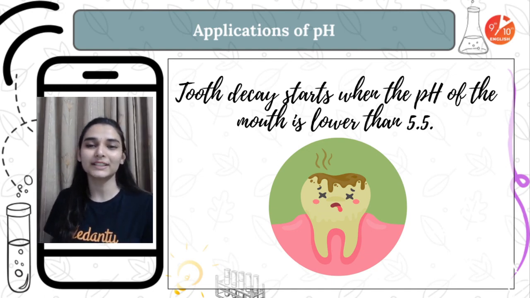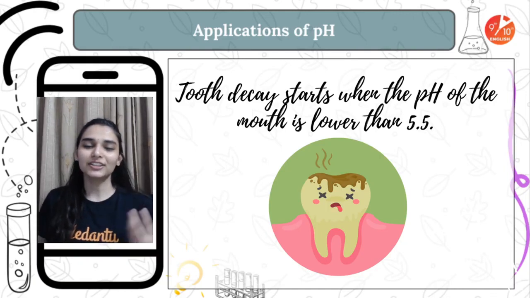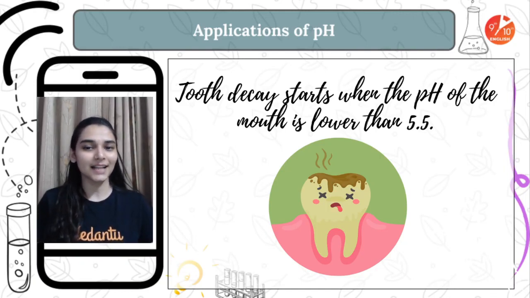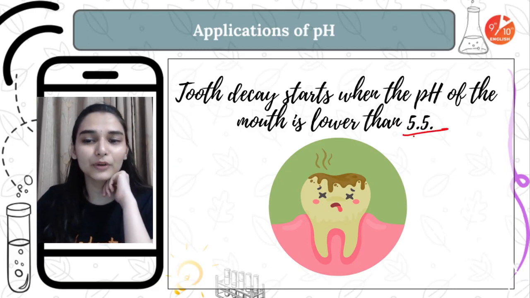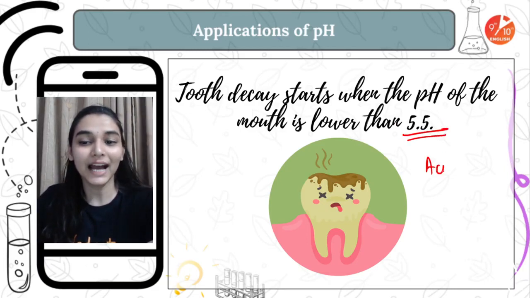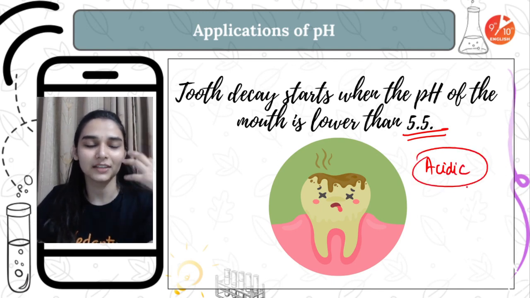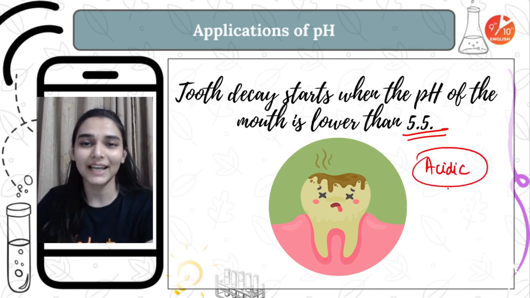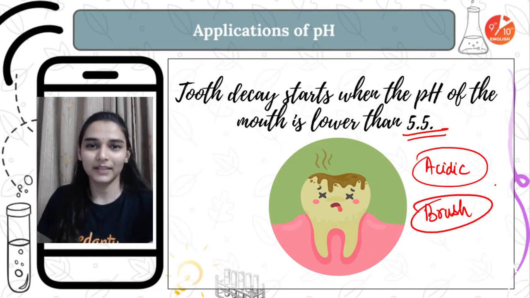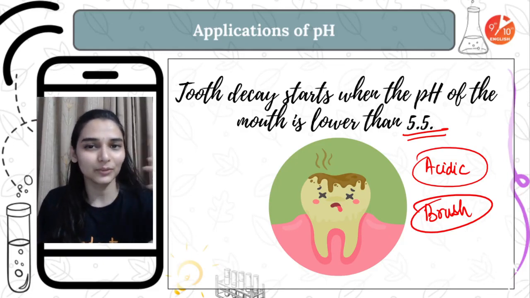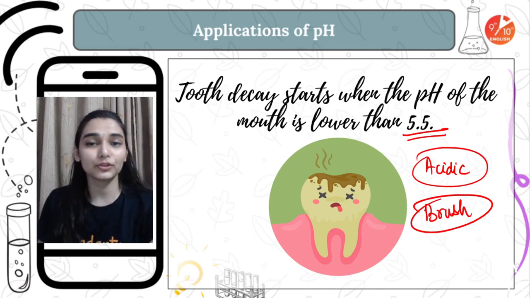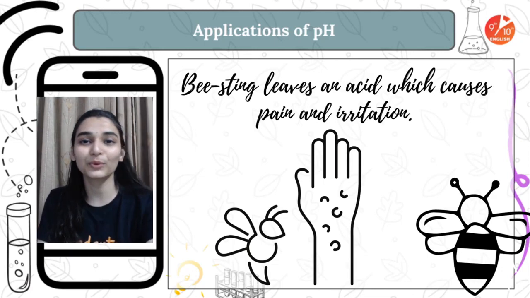Again the second proof is tooth decay. Your tooth enamel basically starts degrading when the pH of the mouth is less than 5.5. So that would be a highly acidic condition, and calcium phosphate, the tooth enamel, cannot survive that acidic condition. That is why we are asked to brush our teeth daily, so that any food that is accumulated there can be removed, right? Otherwise if the food is sticking to your teeth, then bacteria are going to release acids and sugars out of it. Okay, so we don't want that.